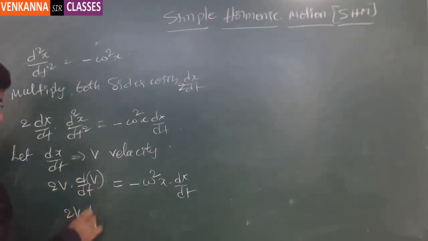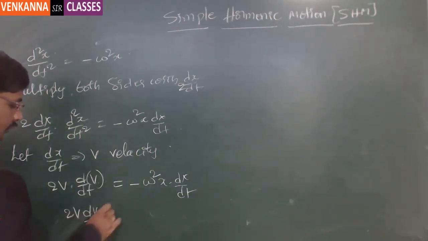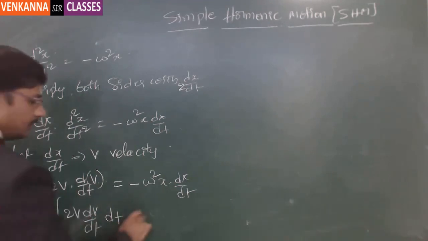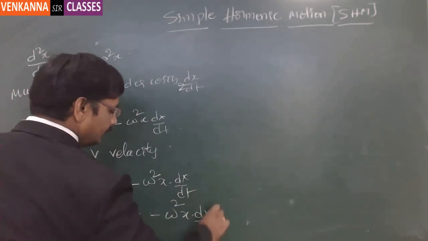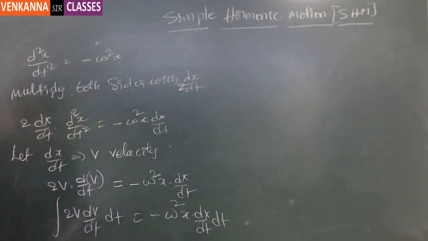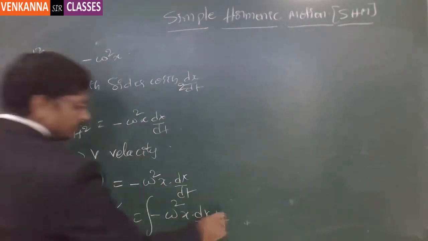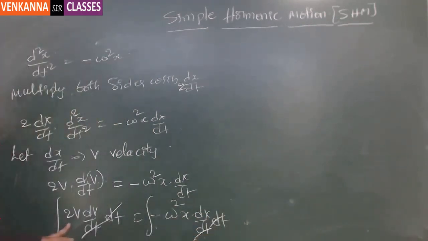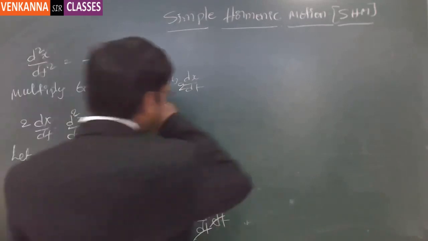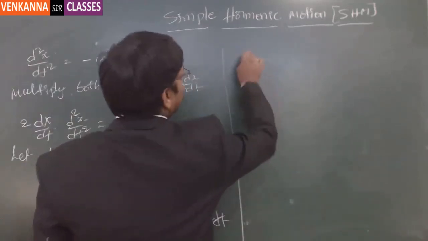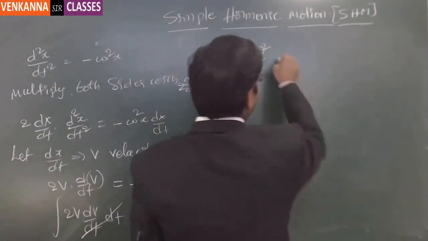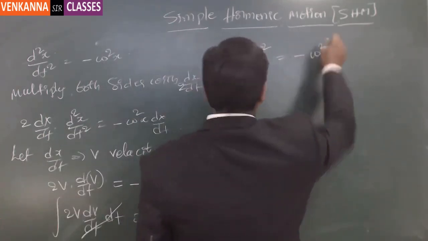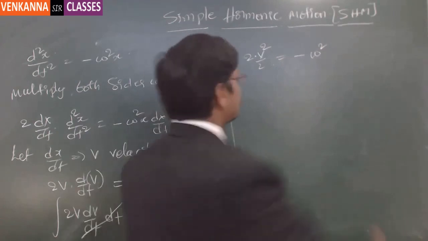So 2v dv by dt into dt, integral, minus omega square x dx by dt into dt. Now if you integrate on either sides, this dt will cancel out, and this dt will cancel out, so 2 times of v square by 2 is equal to minus of omega square into x square,